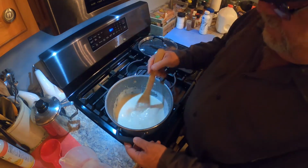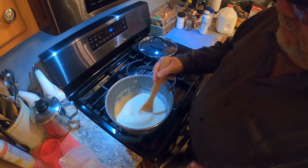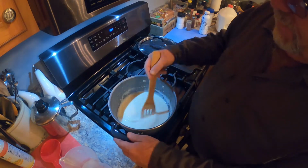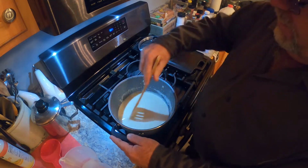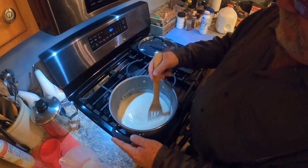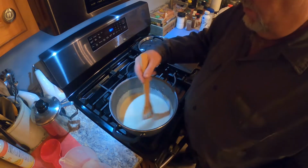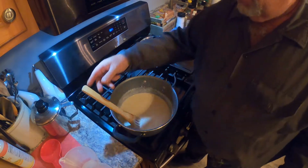Okay, we got a pretty good incorporation going here. And yeah, it looks thin as can be right now. But as that heat builds up in that, it's going to thicken up and it's going to pull it together. And more than likely, we'll probably add the rest of that cream in there. Maybe even a little bit more milk. But while it's thin,